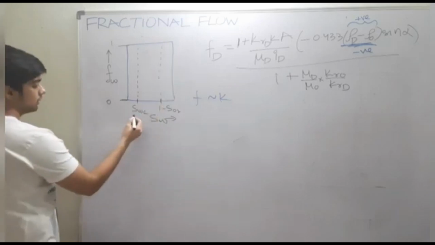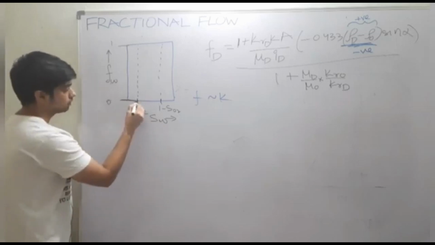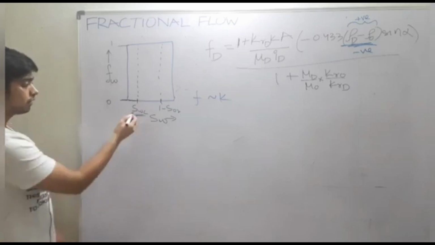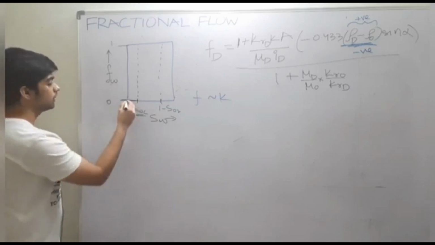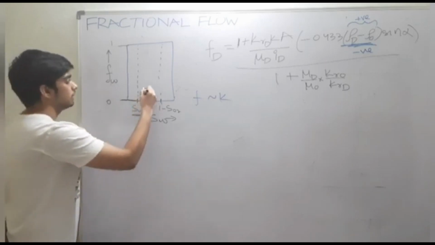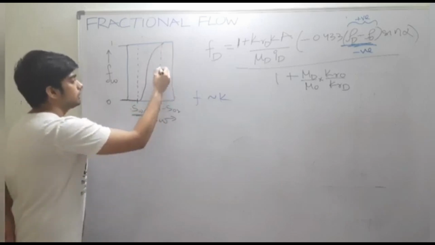Now the fractional flow of water will be equal to 0 when the saturation is below the critical saturation or connate water saturation, because below critical saturation water cannot flow, and if water cannot flow then its fractional flow will remain 0, and it will increase in this way once it reaches